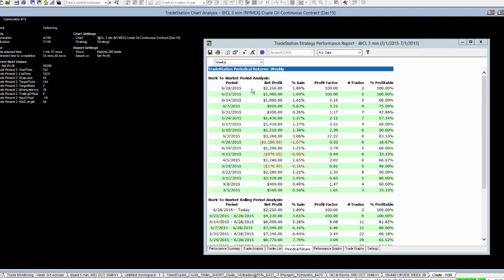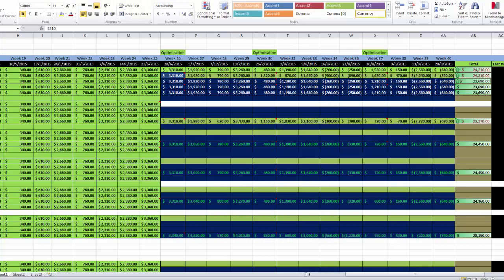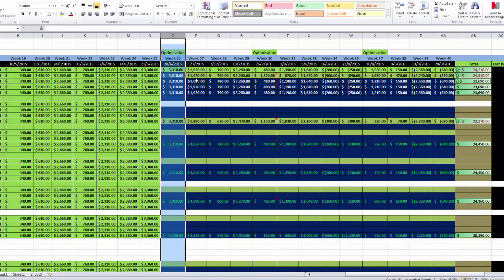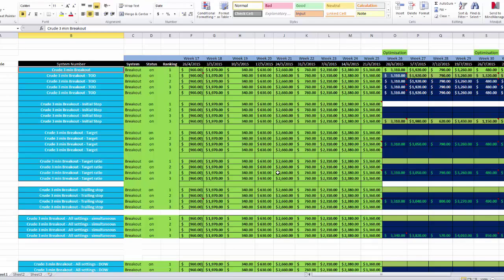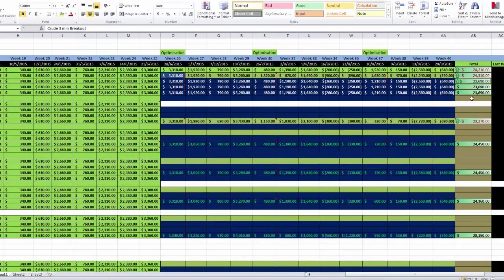So we already know how this system performed, don't we, for this year. We already know how it went in July. It went really well in July. So if I bring up some of the stats here, you'll see that this is our optimization window here. This is what we're doing at the moment. So we're trying to find out how much money it made in July. Well, without any optimization, the top row here is Crude 3-minute breakout, no optimization whatsoever. You can see that it produced $24,210. It did have a circuit breaker, or it did hit its drawdown in September,